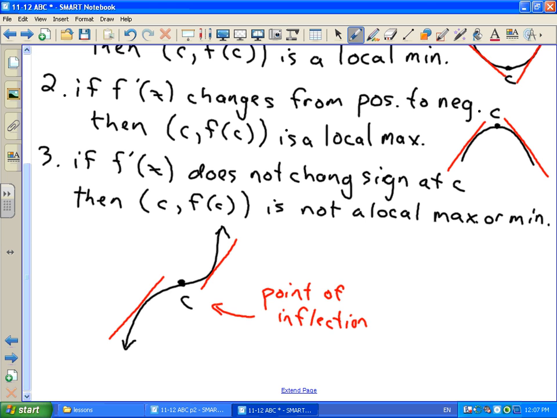But there can be other reasons why you can get a critical number where the derivative is 0 or does not exist, but the slope of the tangent doesn't change sign. Okay? So this is the way you want to find a local maximum or minimum. You want to find the critical numbers, and you want to see what the sign is, or what the slope of the tangent is on either side of it. Okay? So let's take a look at an